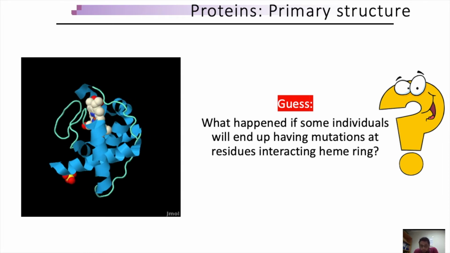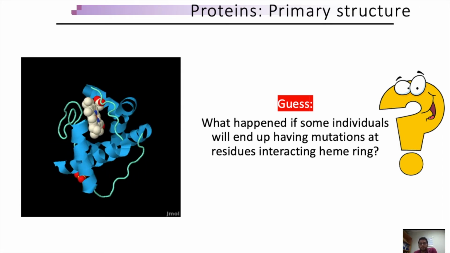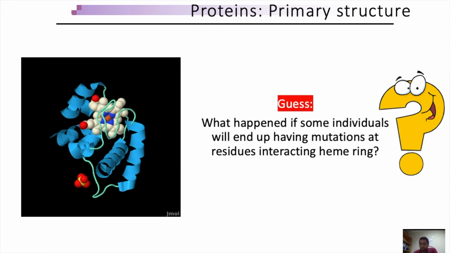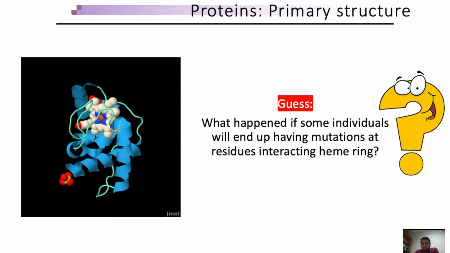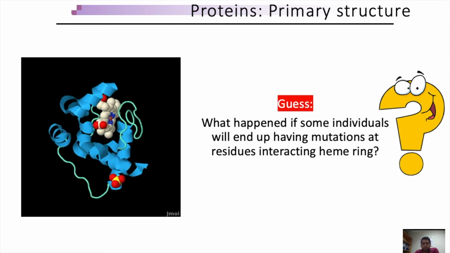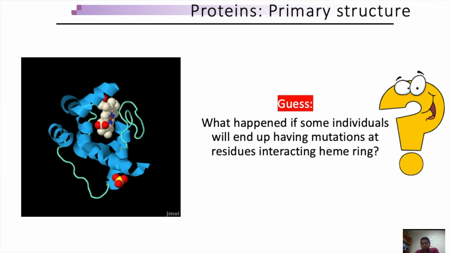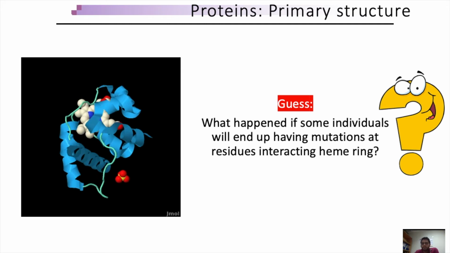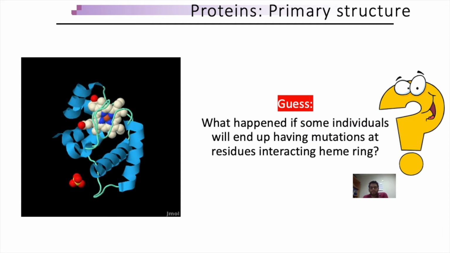But it's not always lethal, because there are instances where mutations could happen in other regions of this protein. For example, cytochrome contains hundreds of amino acids, and we are just talking about maybe 5 to 10 amino acids which are around this heme molecule. They could be very essential for its functioning, but there are other amino acids which are present on the outer surface. So if mutation happens in those areas, it will not be that lethal.